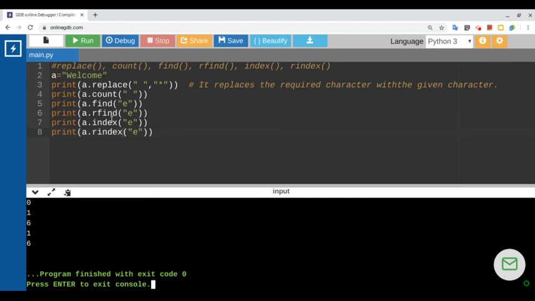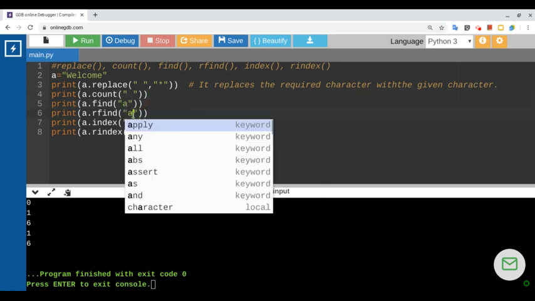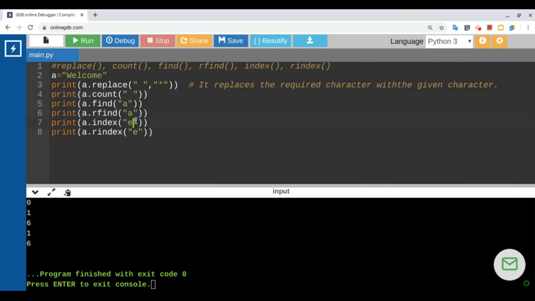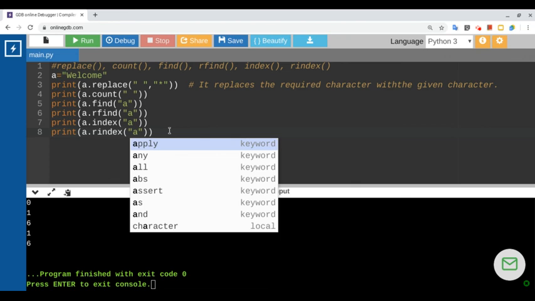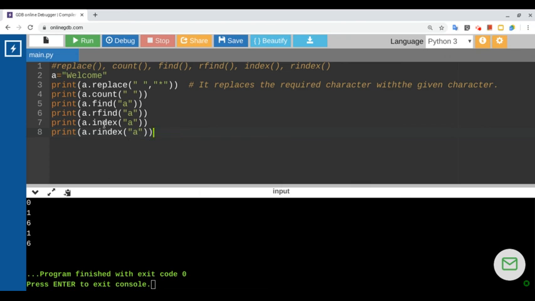So apparently it seems that find and index are the same, but they're not the same. Why? Because find is just going to find anything in it. So for example, if I write on A, and you can see in welcome there is no A. So what will happen? What will be the answer if I write on A? Try this one, and then you will find out the difference. Then we will be able to find out the difference between index and find by writing a